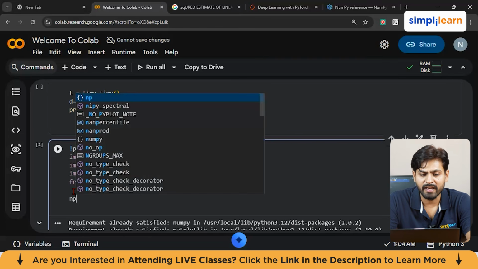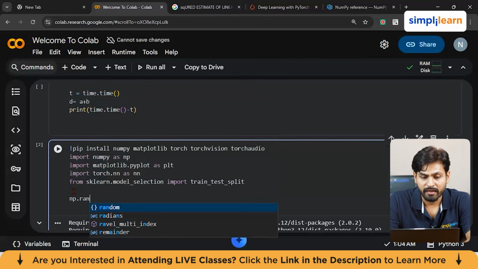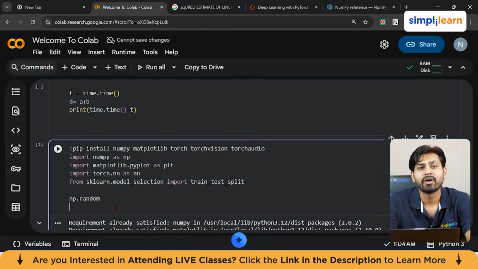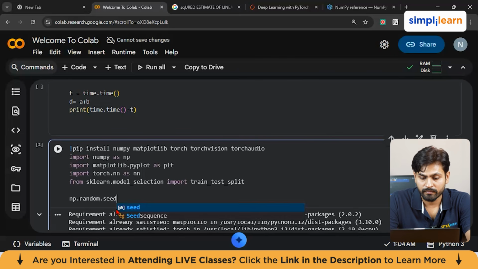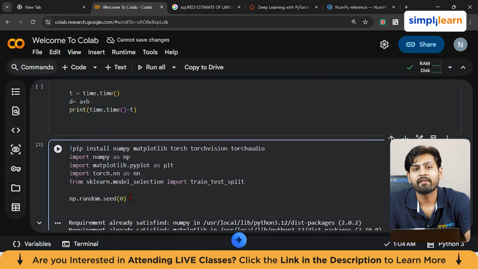So I'm going to use the np.random function. And you can see it shows random. And let's say some seed value. Let's say we put seed equal to 0. Let us try to put this value. And then for the PyTorch library that we have to use, we can also add some seed values